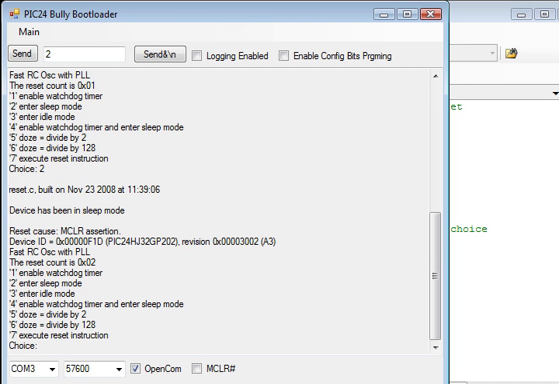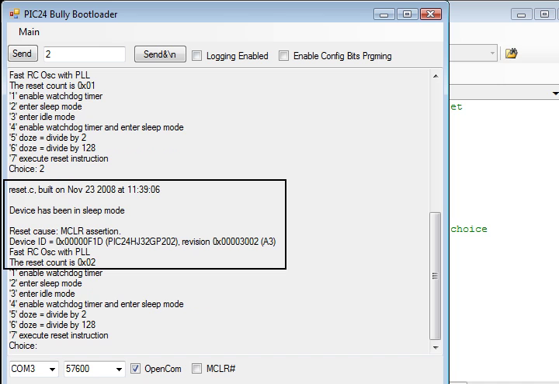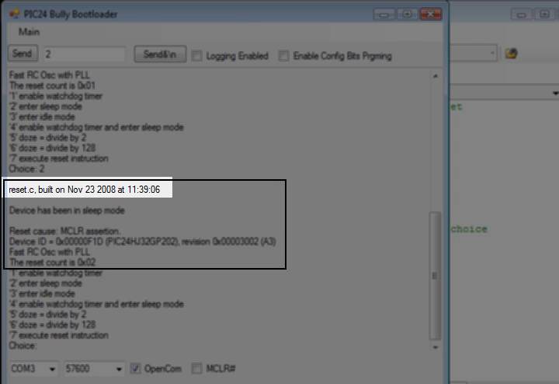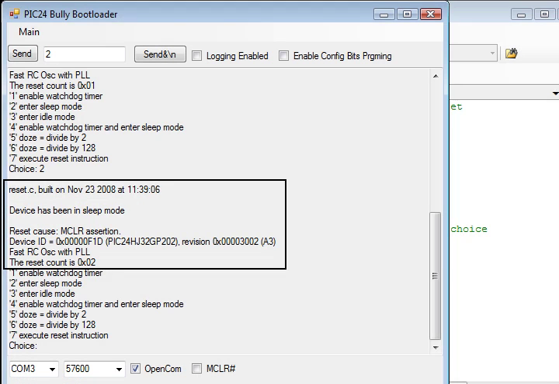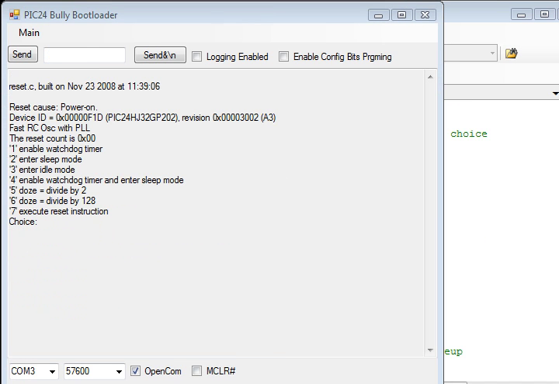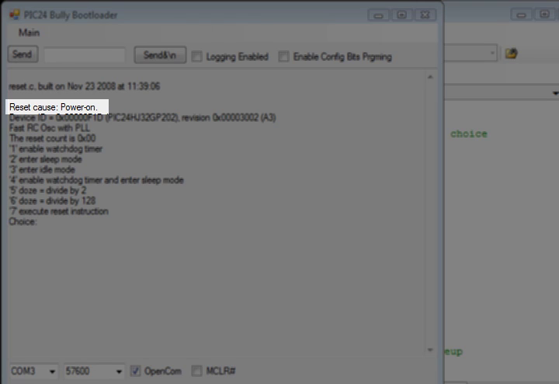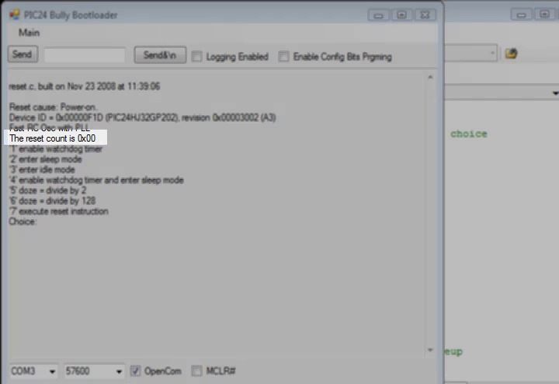Note that this reset causes the main function to be re-entered, printing the welcome message again and incrementing the reset count. Also note that the print reset cause function has correctly identified this reset cause as a master clear reset. Before continuing, note in this screen that I have cycled power on the PIC24 processor, causing reset count to be